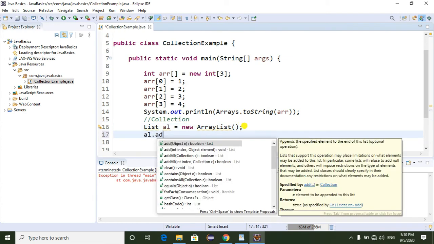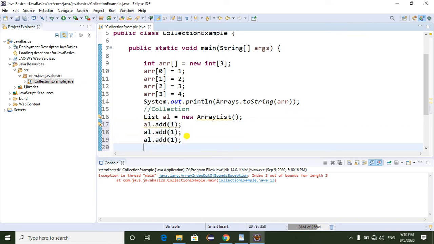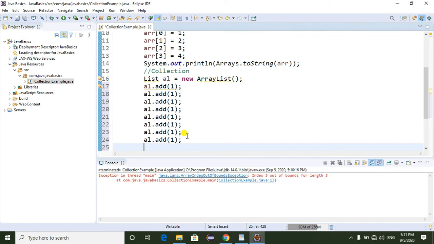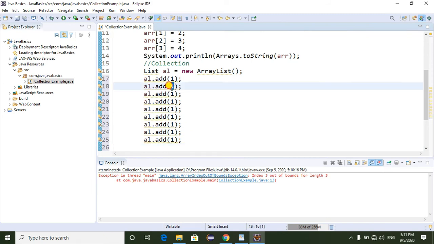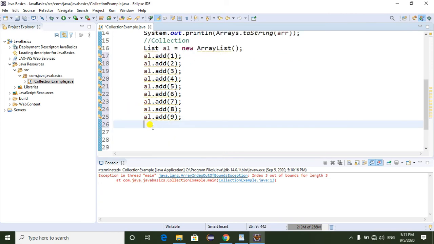Here I am going to add 10 elements into the ArrayList: 2, 3, 4, 5, 6, 7, 8, 9, and also I want to add 10. So here 10 elements are inserted.